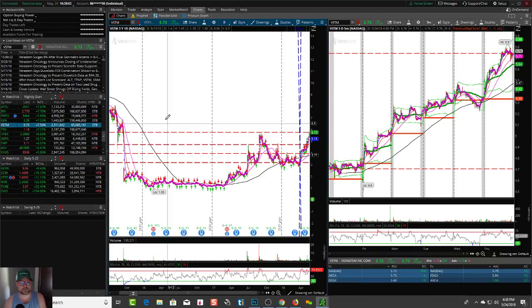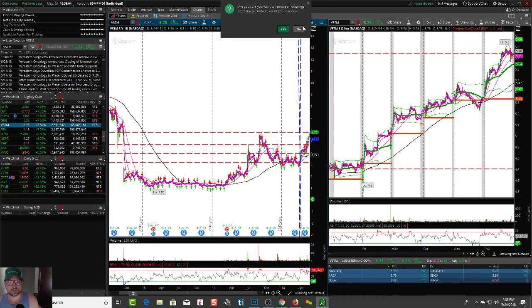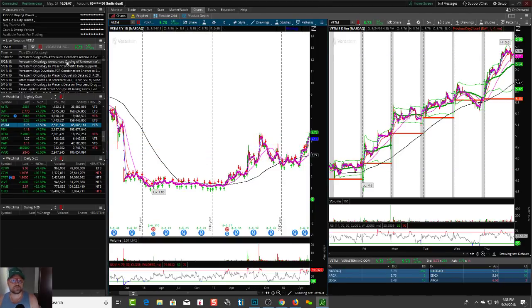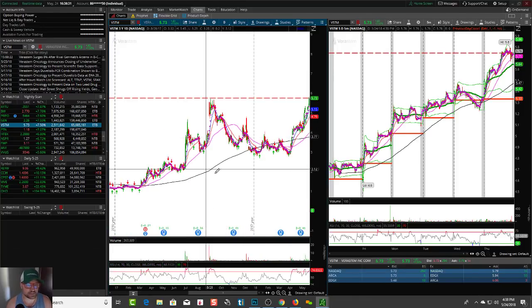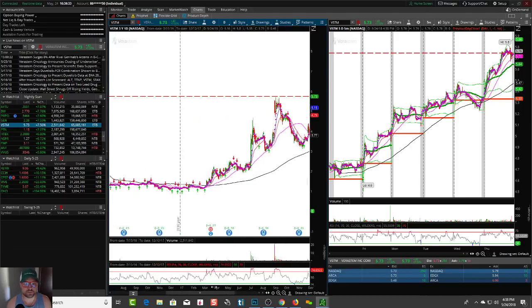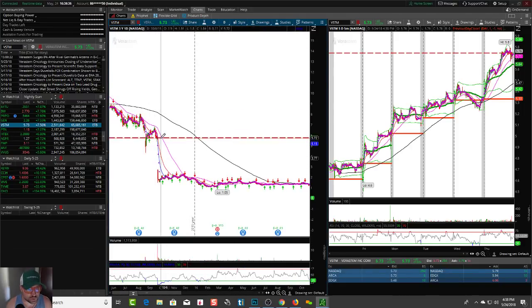This one might be interesting because you can see almost a big cup like this, right? There's cup and handles within cup and handles. You can see it kind of like a big curve base up here. Then you can look over here, a curve like a big U. And right at the top, right over here, see that cup right here? Now, I think there was a gap back over here that it looks like it may have just filled. Yeah, it looks like it just filled this gap.